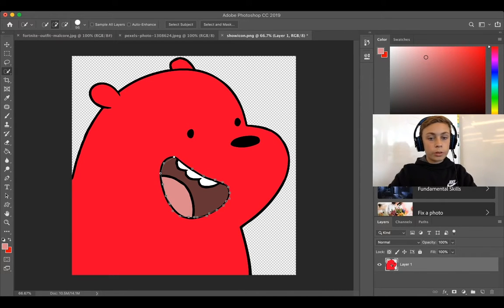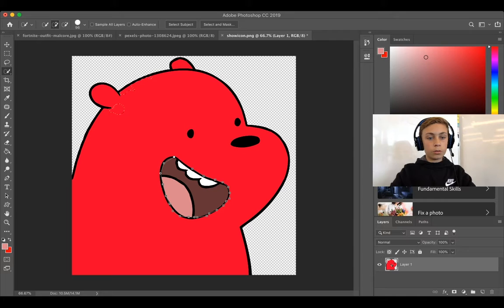Another tip for the quick selection tool is actually if you hold Alt, then you will be able to unselect something that you selected. So if I select his ear like that, I could hold Alt and decrease the selection spot. If I was trying to select him and I accidentally went up too far, then I could delete it and make it